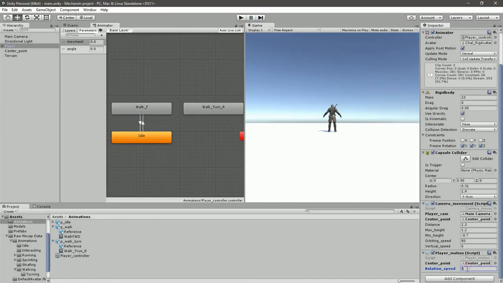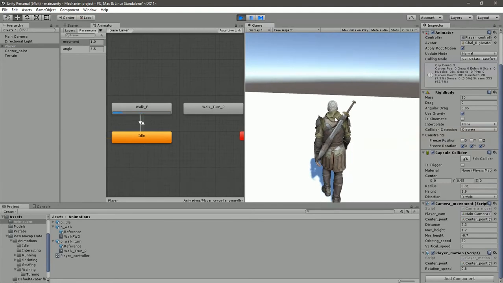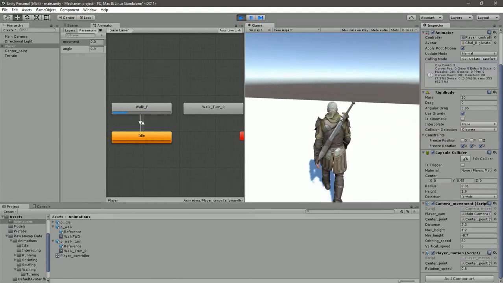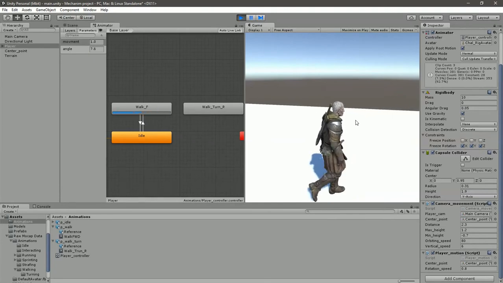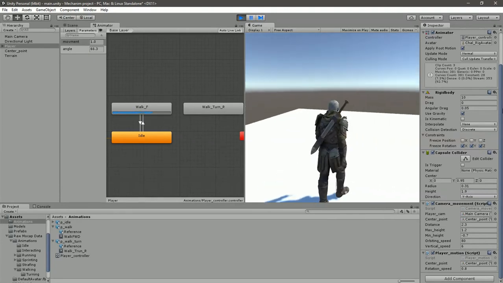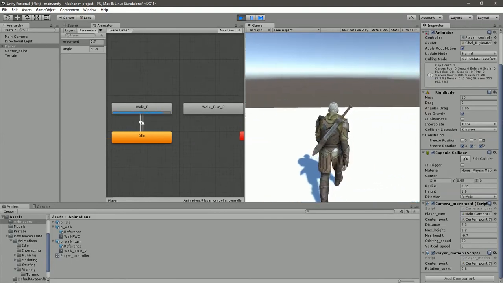Now let me decrease this value and I will show you something. Let's say I hit D, want him to go into vertical direction, and then I move the camera onto his back, and now I stop,